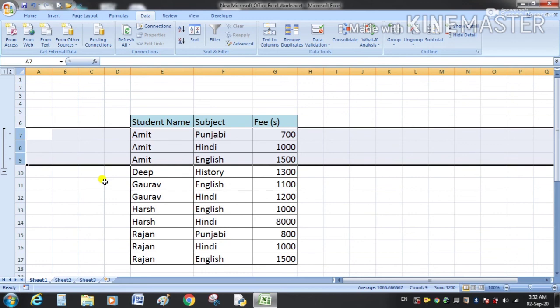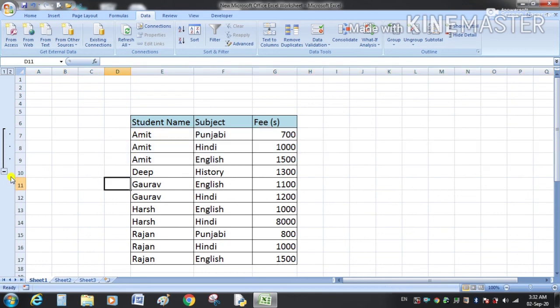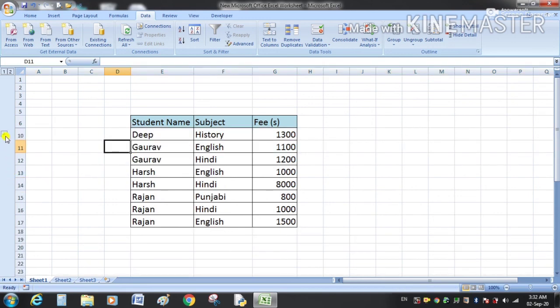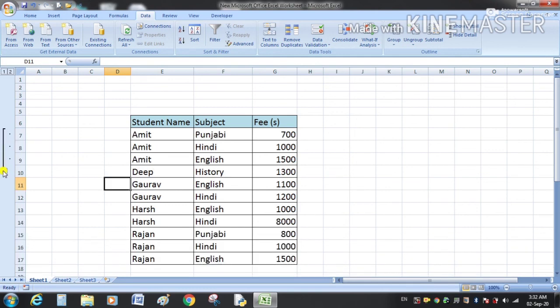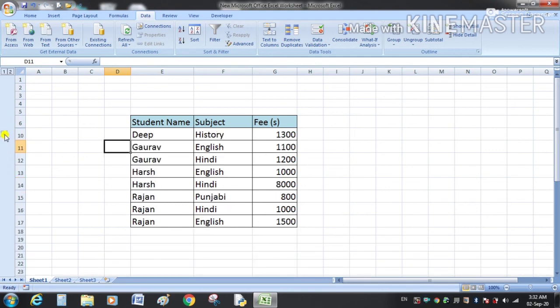Now you can see a group has been created for Amit. If we don't want to see the Amit data, we can collapse it, and if we want to see it, then click on the expand button here, the plus symbol. In this way we can create our own groups.